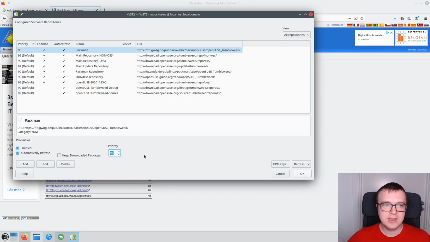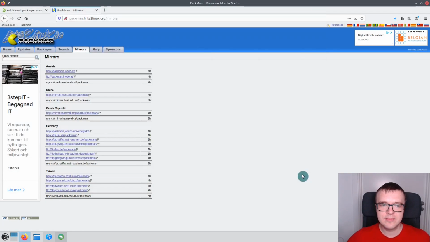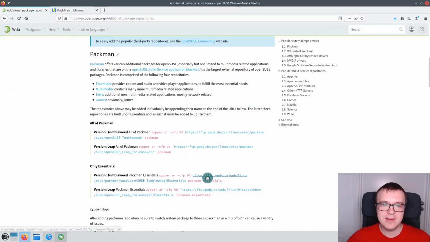I will also increase its priority so that packages will be installed first of all from this repository and then from the official repositories of OpenSUSE. This is also what the OpenSUSE guide recommends. Click OK. Now the repository is added, but if you want to follow the command line way, these are the